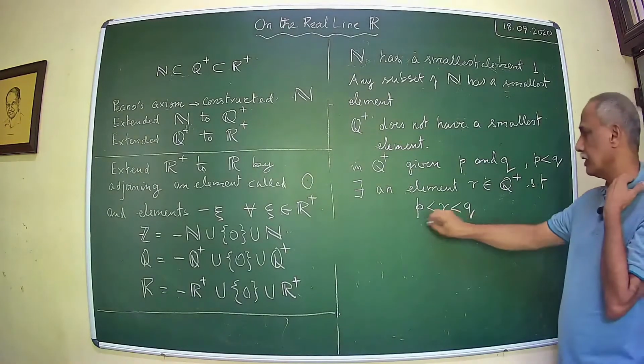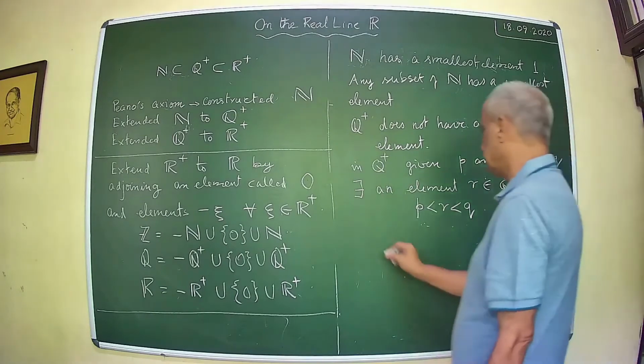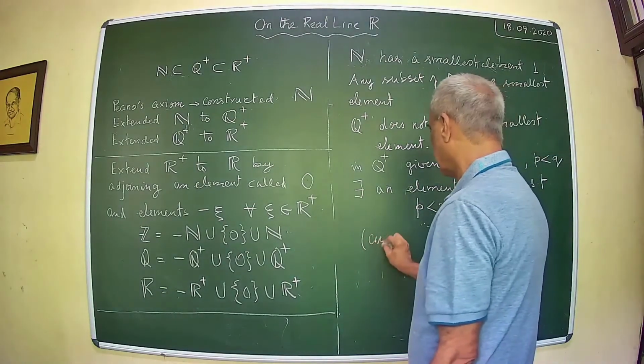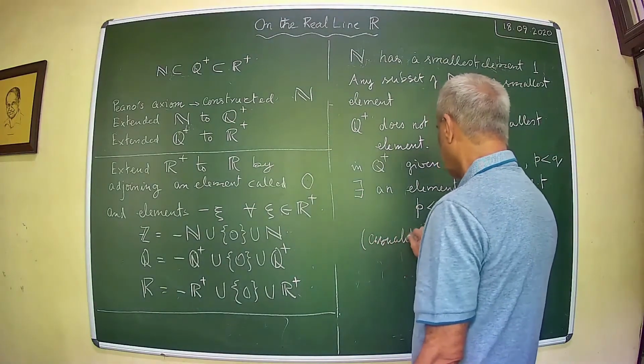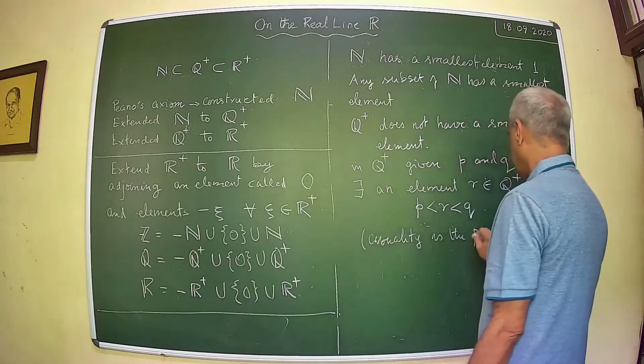So you see there are infinitely many elements in between. So the causality is the property of